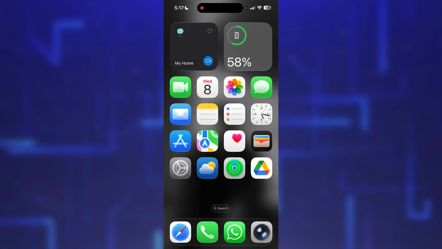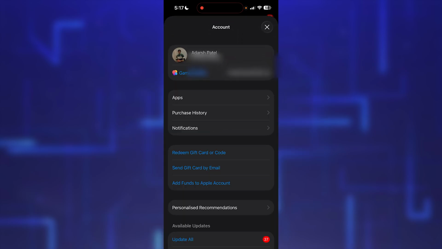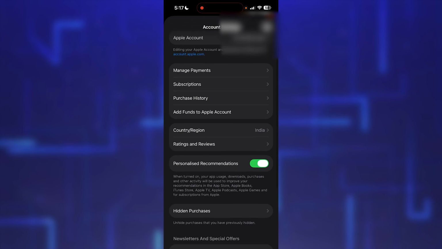Now in order to do it, simply open the App Store on your iPhone. Once you do that, on this top right corner you have to click on the option of your profile picture. When you click over there, here you'll see your profile option. Just simply click on your profile picture on the top of the screen. Simply click over there, and once you do that, here you'll see another page where you need to scroll down,